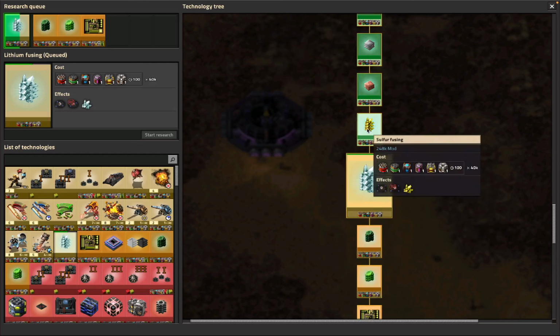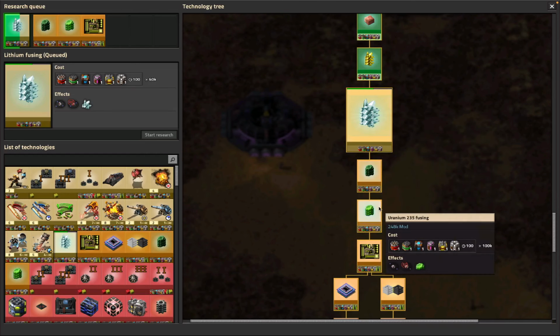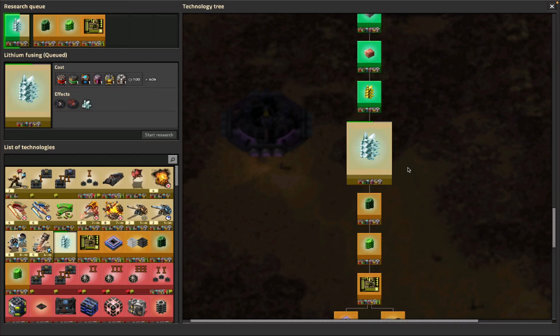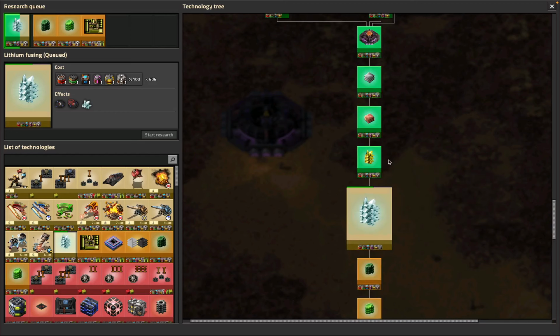I can make sulfur, and then I can figure out how to make other things. And so I think maybe I'm thinking about lithium because I've got a bunch of places that need lithium, and it's kind of vital because the base will die because I'm using it for fusion power. So other than that,